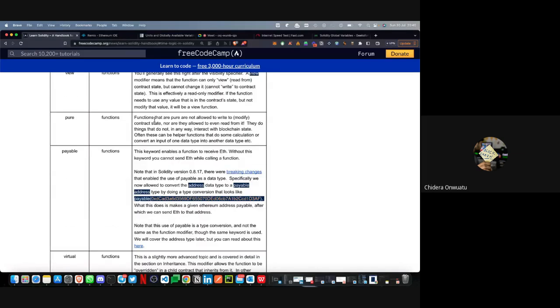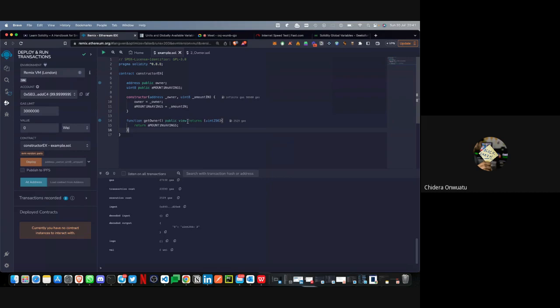Then you have the pure. Functions that are pure are not allowed to write to the state, nor are they allowed to even read from the state. They do things that do not in any way interact with the blockchain state. Often these can be helper functions that do some calculation or convert an input from one data type to another. So as opposed to the view modifier here, if I should use something like a pure modifier, right? It does not read from states. It does not write to states. Basically, it just helps us to do some kind